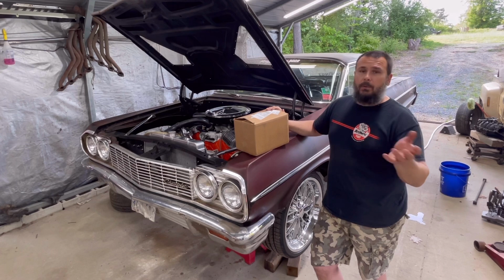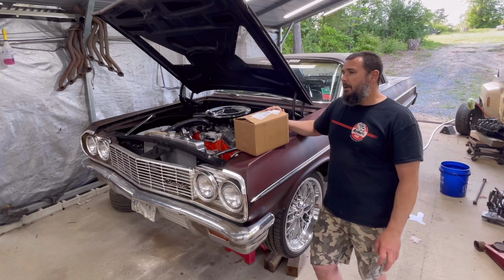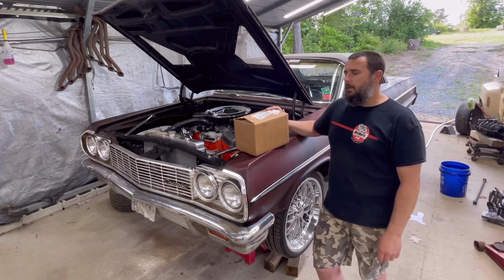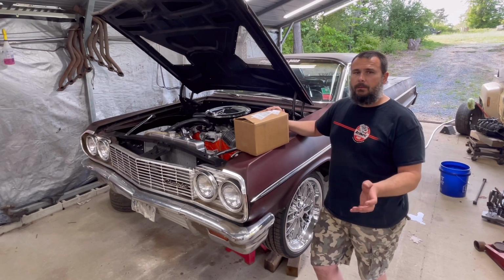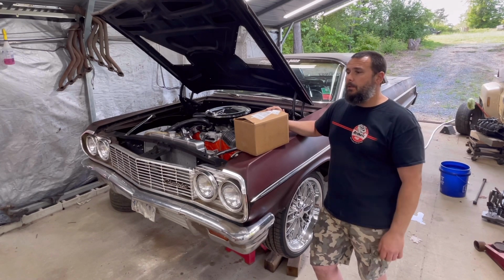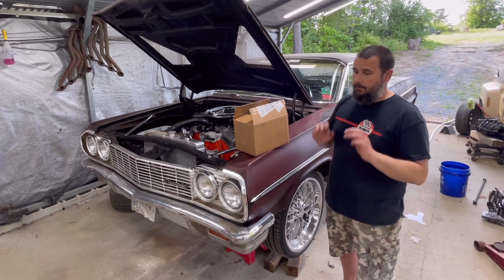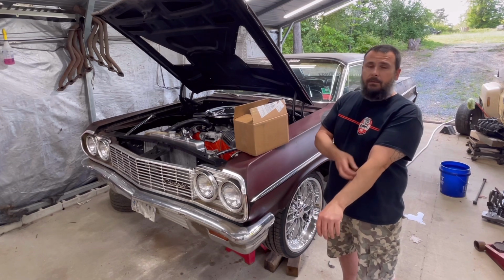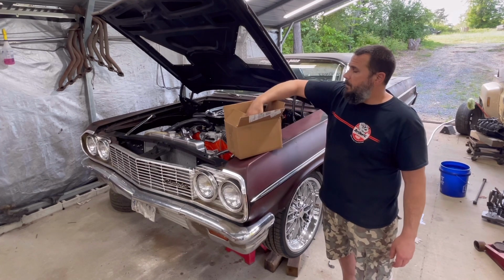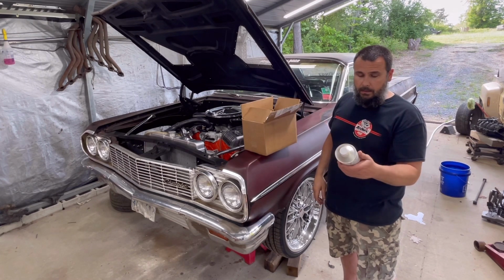But then Real World Garage tagged me in a Sweet Patina Facebook post, and I got to talking to them back and forth, and I had not fully understood their product. My main concern was would it wash up the windows in the rain or whatever, and I just didn't want streaking on the windows. It does not. And if you watch Puddin's Fab Shop, he swears by the stuff, pushes the product every video. So I used the old Puddin Fab Shop discount and ordered me a bottle of the Sweet Patina